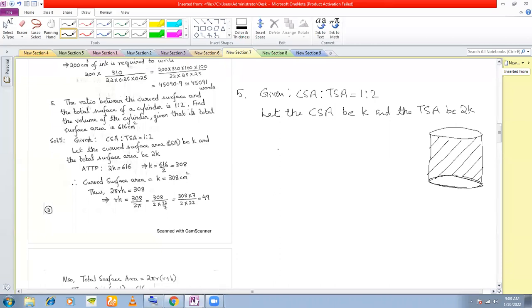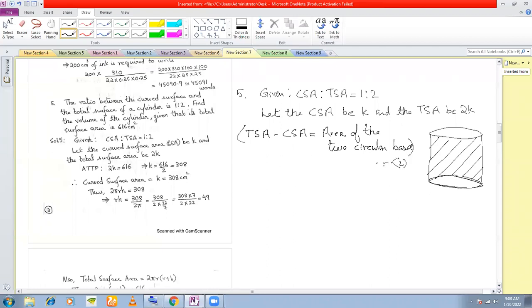So that means if I subtract the two, that means total surface area minus the curved surface area must be equal to area of the two circular bases, right? One at the top and one at the bottom, right? This is what we must see. Also, what you see here is, let us call this 1.